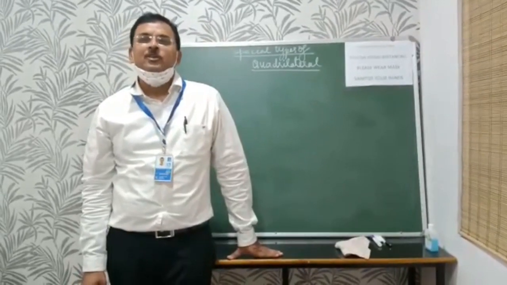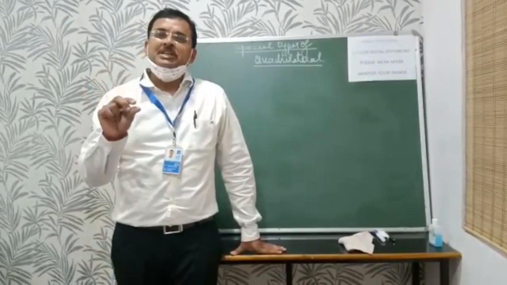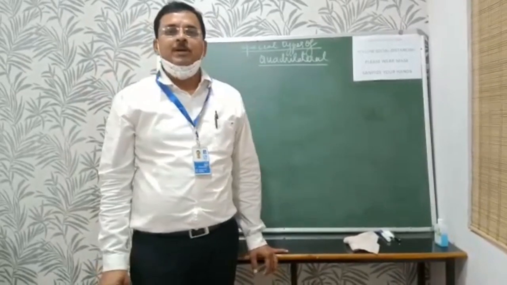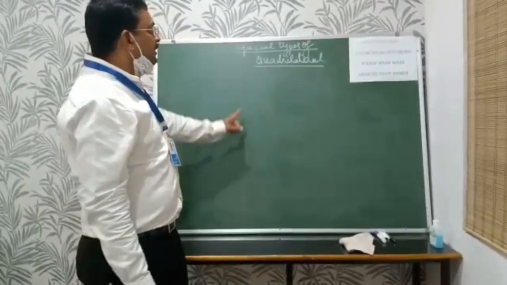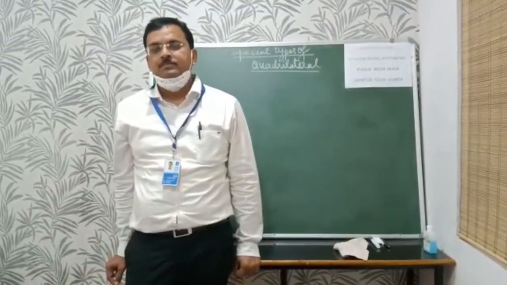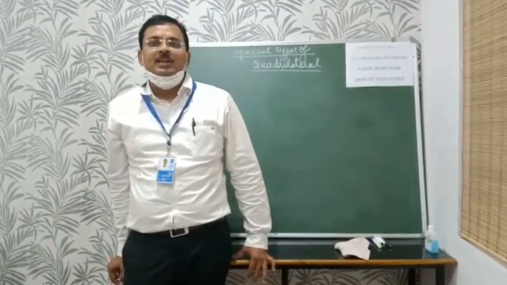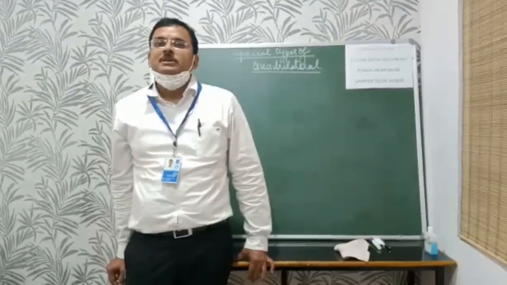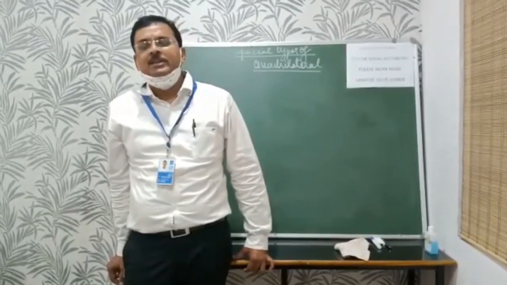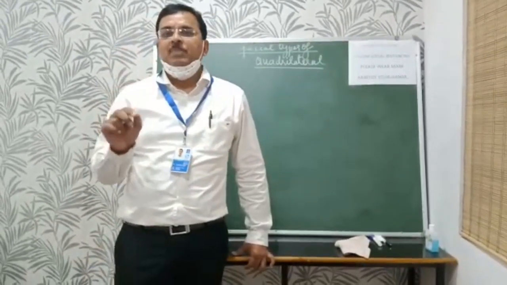In the first part, we discussed the exterior and interior angles of a quadrilateral. Now, in part 2, we will discuss special types of quadrilaterals and their properties. As we know, there are many types of quadrilaterals like parallelogram, rectangle, square, trapezium, kite, etc. Today, in the second part, we will discuss a few of them.